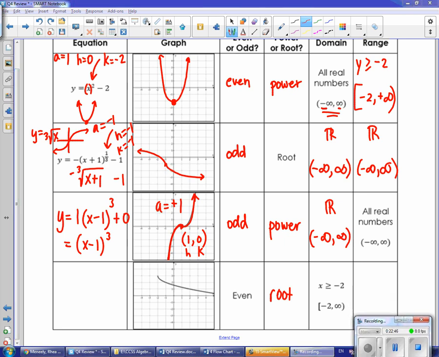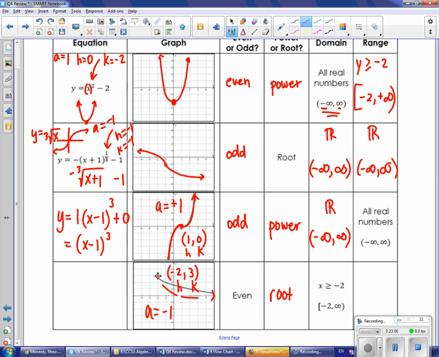Okay. One of the things I want to do is identify the values of a, h, and k from the graph. If I look at this point, that's going to correspond to the values of h and k. So that's going to be negative 2, positive 3. So that gives me my h and my k. I can see that this graph is decreasing, so that means the value of a is going to be a